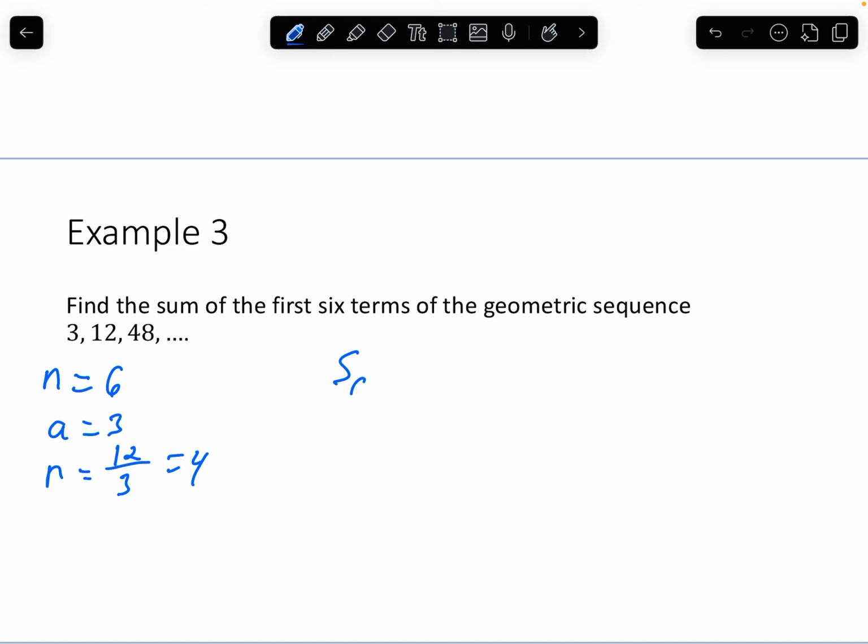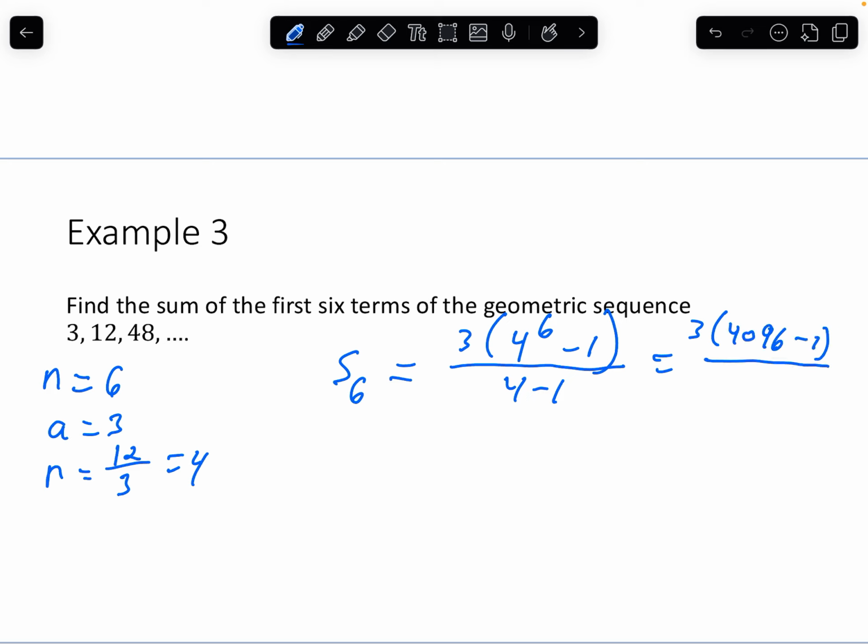So for S sub 6, this would be 3 times 4 to the 6th power minus 1, divided by 4 minus 1. So 3 times 4096 minus 1, divided by 3. And that's going to give us a value of